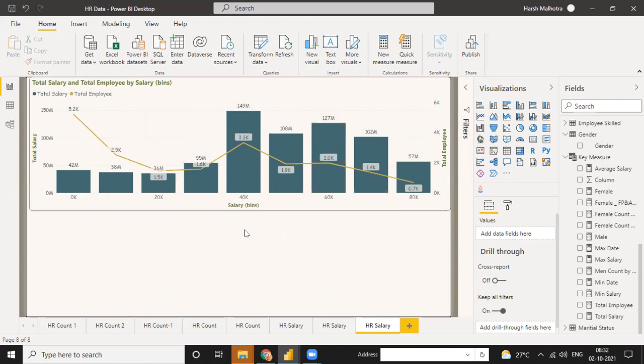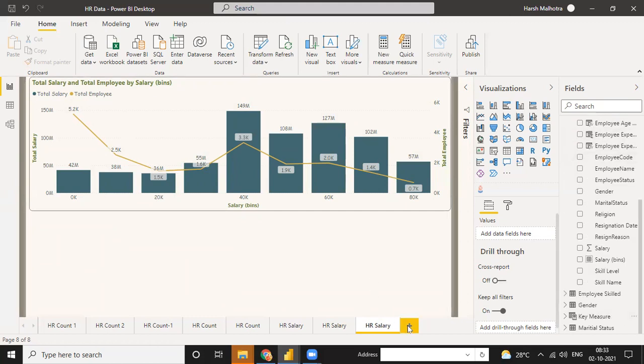So now, guys, any doubt in this right now? Salary, because we have just one or two analysis parts remaining. First is the employee male and female ratio. How to calculate the ratio-wise? And the second one is the employee turnover ratio, and the third one is the employee retention ratio, and maybe some small analysis. But these three parts are very important.